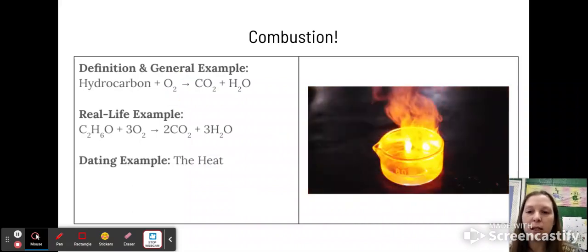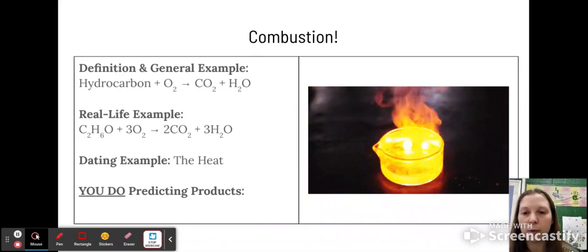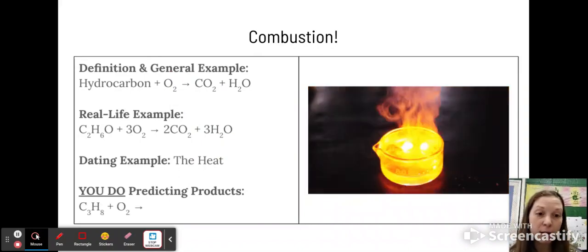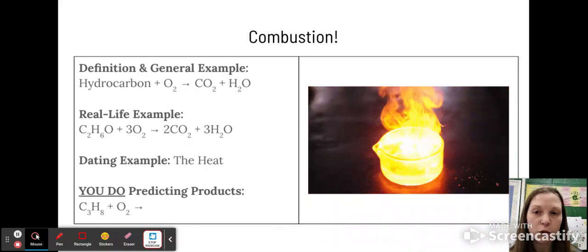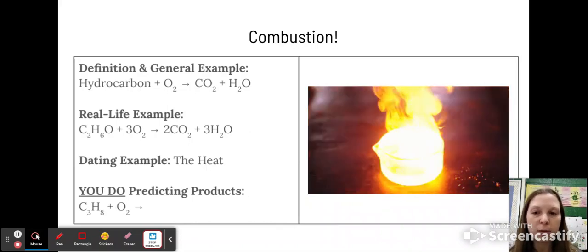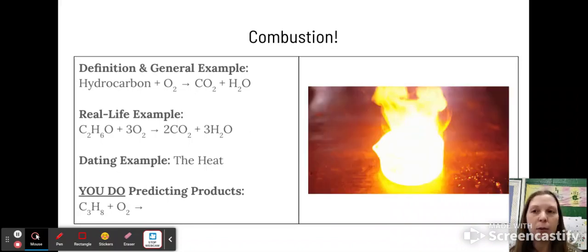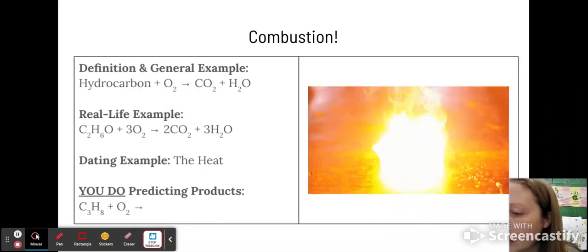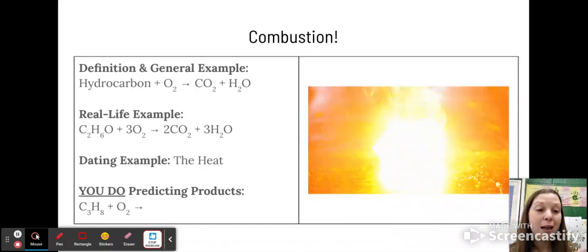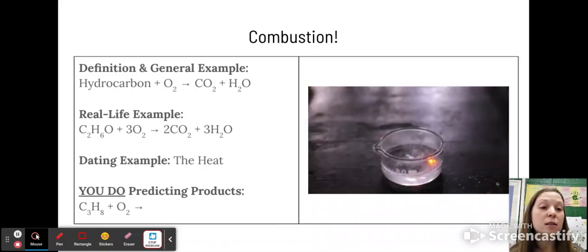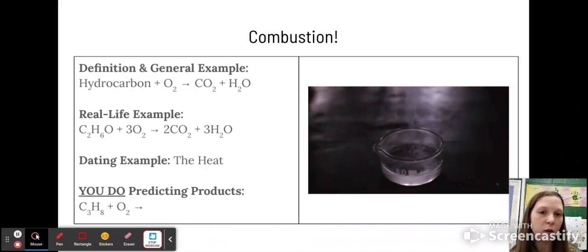Our example here is the heat. And I want you to go ahead and try to predict these products. Now, make sure you're balancing all of these, okay? So go back and look at your examples, make sure they're balanced. But one thing to know with types of reactions is they don't always just fit neatly into one category. So the example that was under synthesis, Mg plus O2 yields 2 MgO, actually classifies as a combustion as well. But I will be nice enough to only give you one of the possible answers it could be correctly if it's a multiple choice. Okay. So just be aware you're not going to fit these all nicely into individual little categories, but we